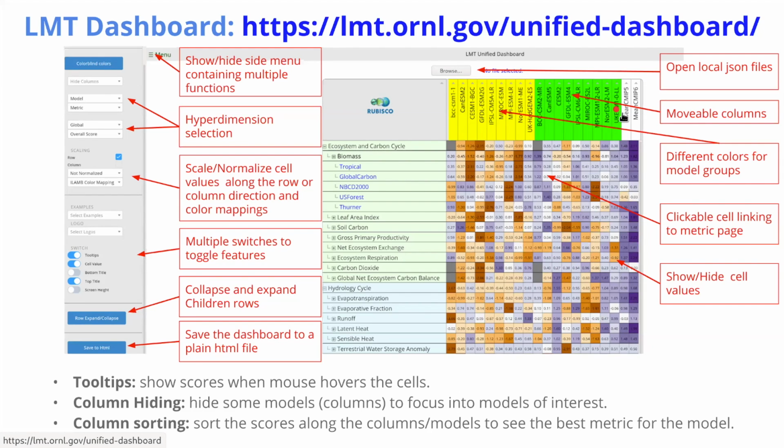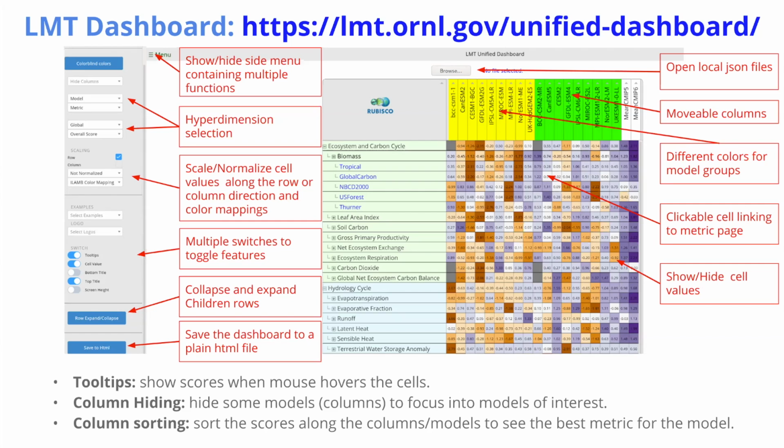And this gives us also the ability to turn on our score numbers that appear in the little boxes here, which gives us more information about how well these models are actually doing, in addition to what their relative performance is by looking at the colors. So this gives us a real nice interactive capability for trying to understand what the results mean after we've spent so much effort developing the tools to provide them. We still have the human problem of trying to understand what they mean.